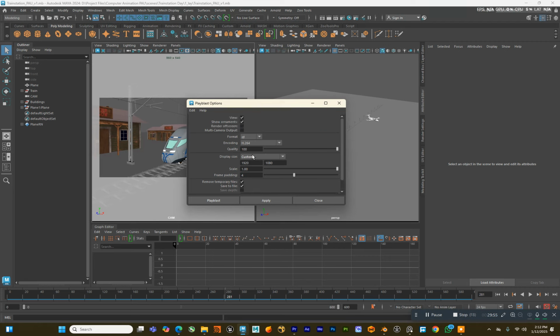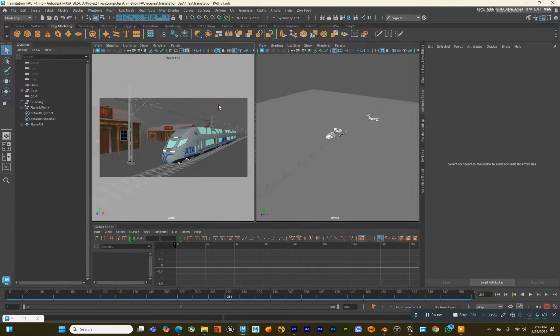But because I'm using a desktop, I can't use this particular encoding. I have to use this. So you guys are using this to encode, right? But I'm using a gaming desktop and it does not accept that, so I'm going to be using this to encode right now. So I'm just going to save settings, and when you want to Playblast, please always remember to click